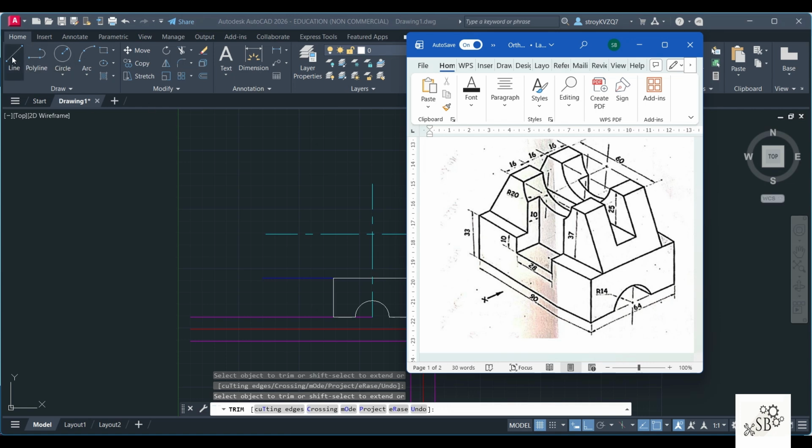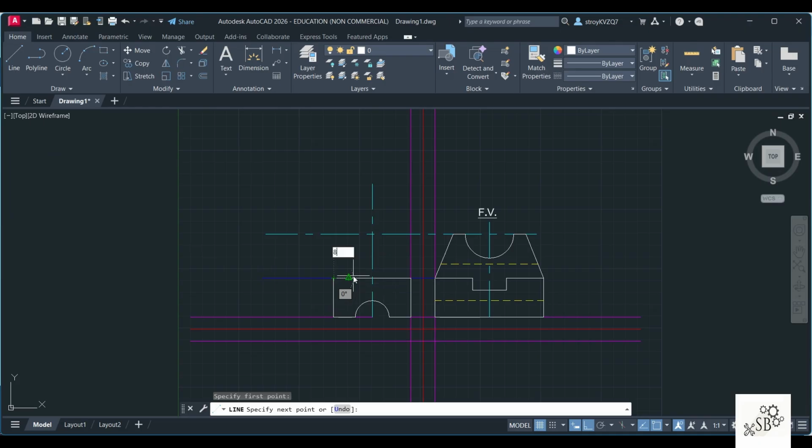So I will start with line option. From here, this is 8. This height, as you can see, is 37. This is 16. It will go down by 25. This gap is again 16. This is 25, 16. This is going to go down by 37. Escape. Now here also you have drawn an extra line, so you can just remove it.